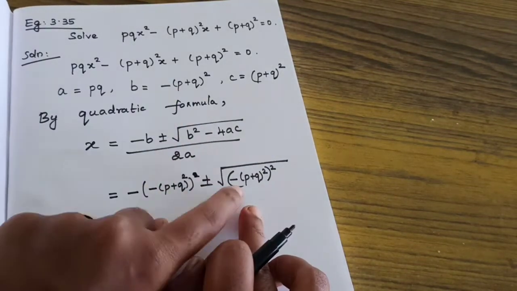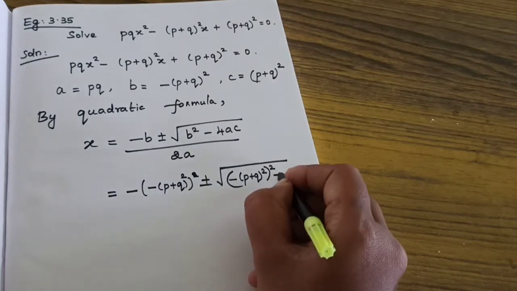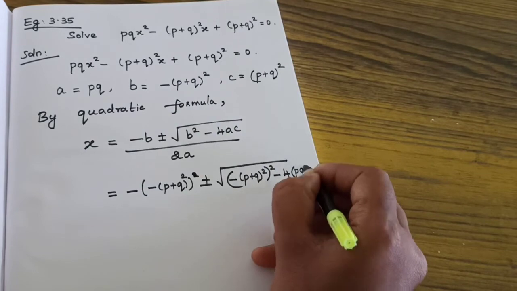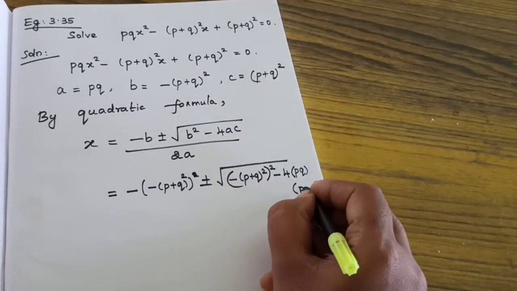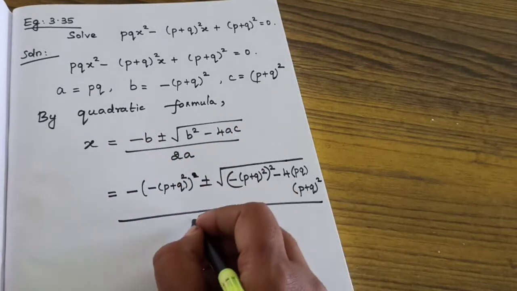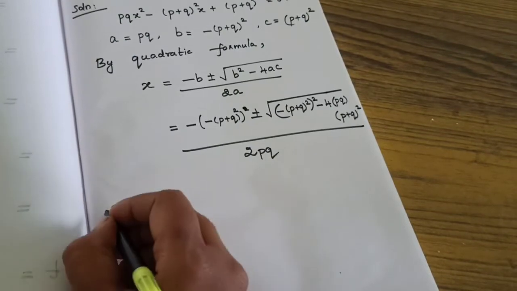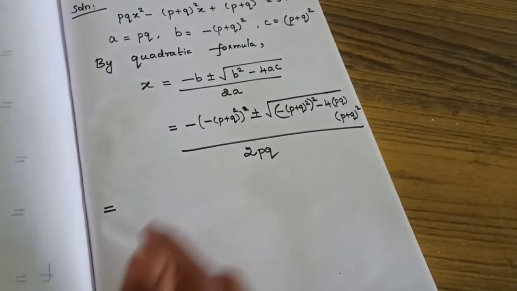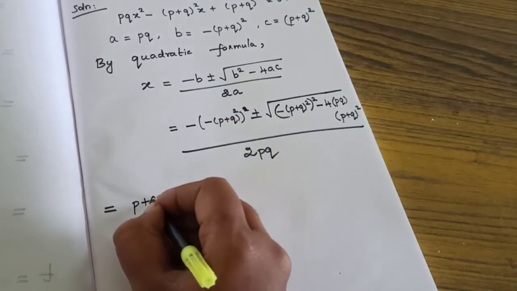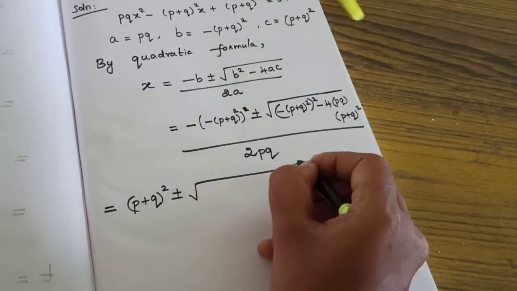b square means this b value, then for that 1 square. So minus 4, a value pq, c value p plus q the whole square, the whole divided by 2a. So 2 into a value pq. Got it? So from this I will write, then only we will get space. So minus into minus plus. So p plus q the whole square plus or minus square root of